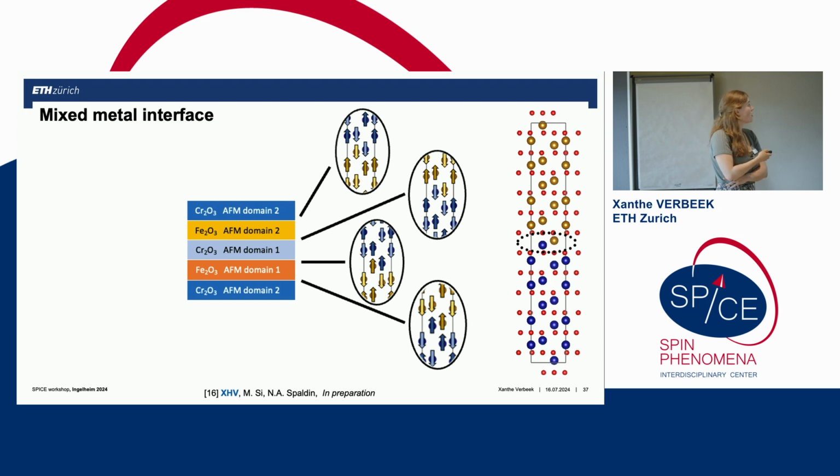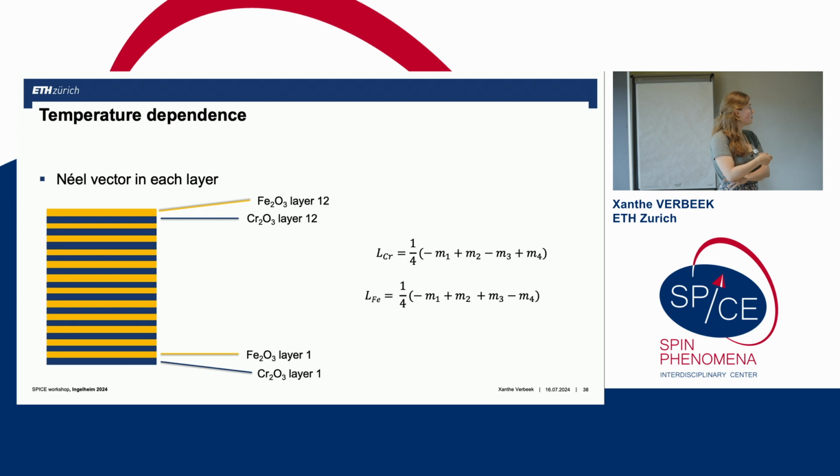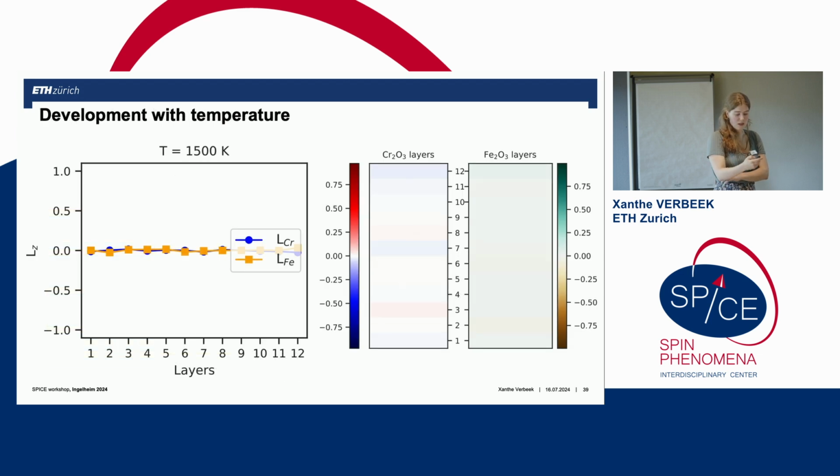We can look also at the temperature dependence of this domain formation, where I will plot the Néel vector within the different layers. So averaged over the unit cells within the layers, but keeping the average Néel vector of each of the 12 layers of the compounds. So the Z component of the Néel vector in the 12 layers of the two compounds, and here also as a color plot. And so we see at 1500 Kelvin, our materials are completely disordered,